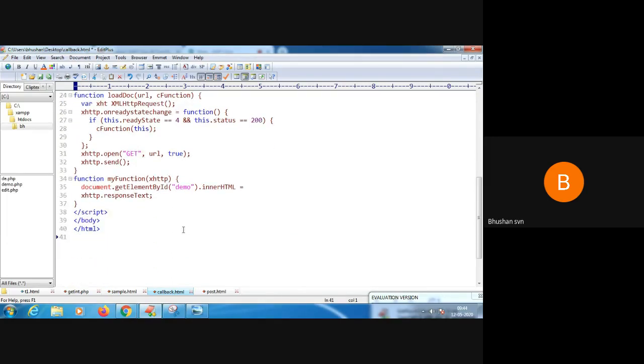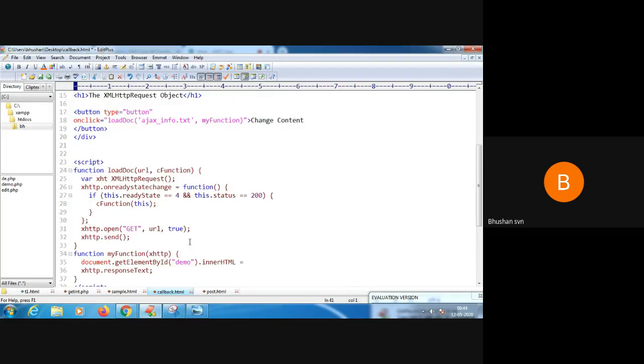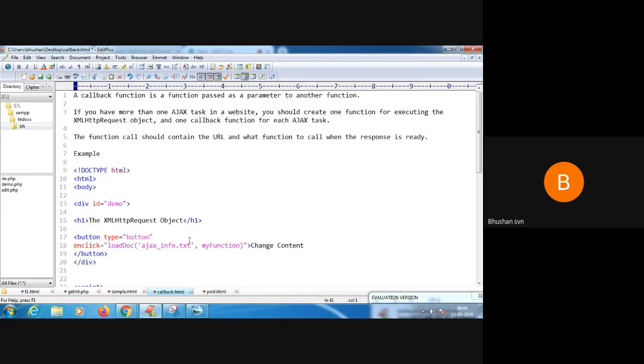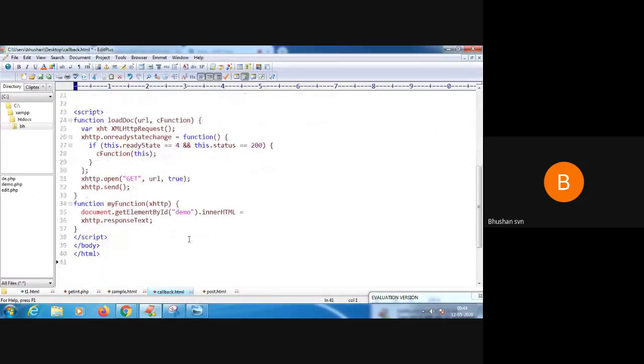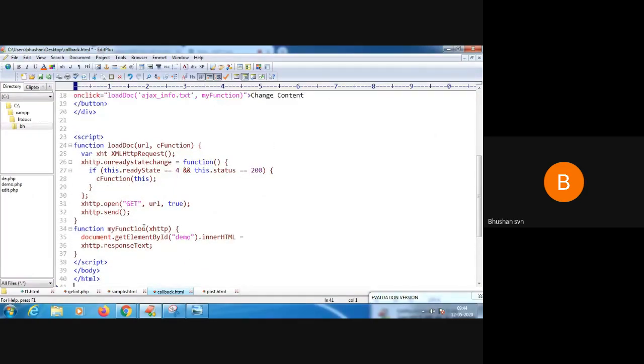So this is all about the callback function, which is a function passed as a parameter to another function. Next, we have seen the demonstration of using a GET method. Again and again, I am repeating, I am not connecting anything to a server at this point of time.